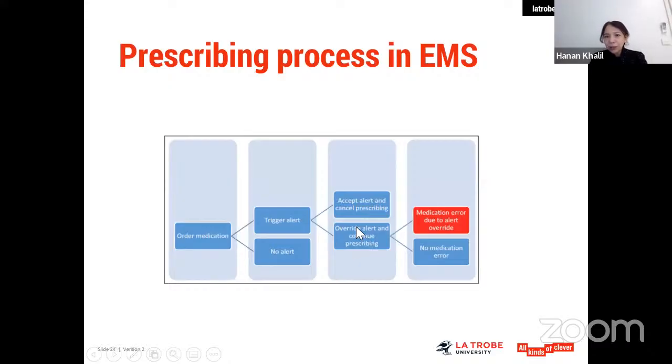Now, imagine if this is an important drug interaction, or if this is a drug that the patient is allergic to, that will actually result in harm to a patient. So we wanted to make sure that the alerts in the electronic medical records are actually significant alerts, and it's not just something that doctors can push back, or pharmacists when they are dispensing.